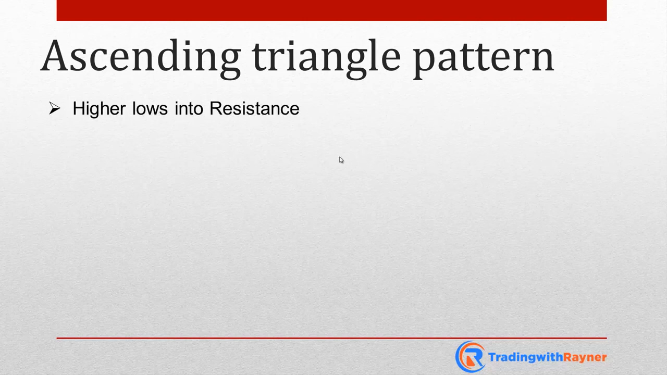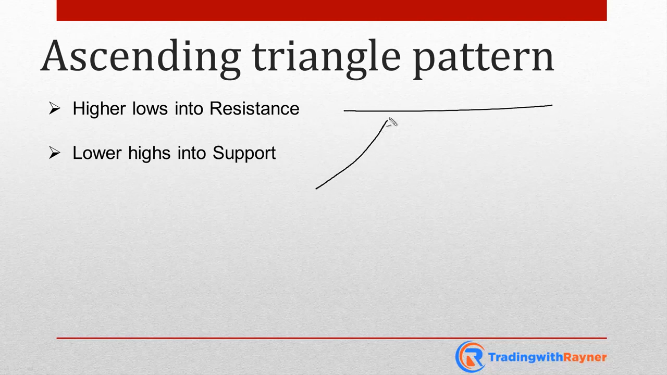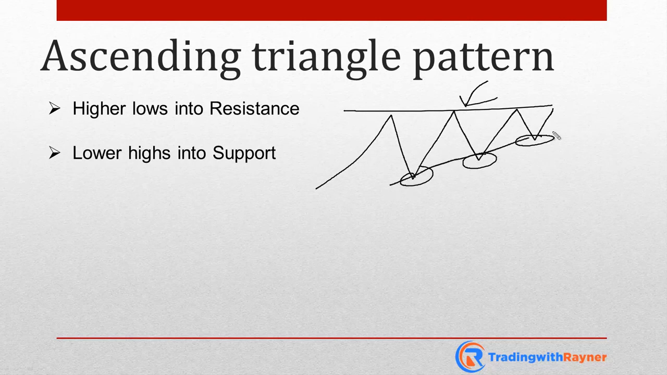Number one, an ascending triangle is pretty much where you see higher lows into resistance. And a descending triangle is the opposite of an ascending triangle. It's where you see lower highs into support. So visually, it looks something like this, an ascending triangle. This is resistance, and you see the price making higher lows into resistance. So this is an ascending triangle because you can actually connect the lows over here and it looks something like